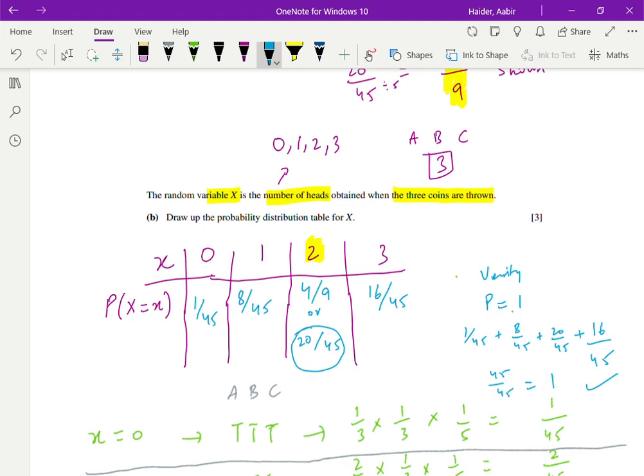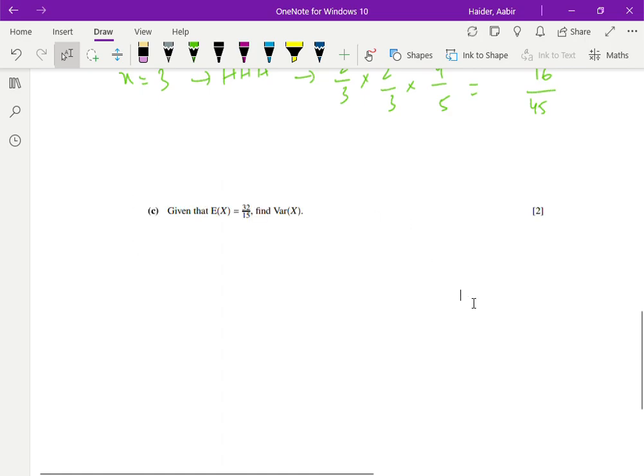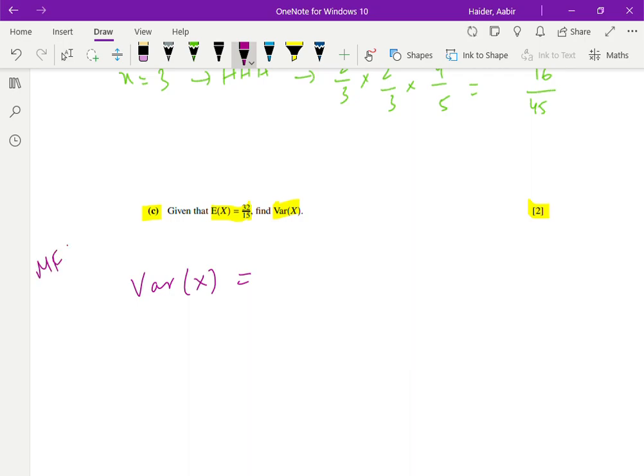Okay, and the last part for this question is asking you for a variance calculation. They have provided you with the expected value of x, and they are asking you to find the variance, and 2 marks for finding the variance in part C. Okay, expected value is already provided to you, no need to calculate that. Remember the formula for variance that we are going to use. It is also provided in your MF19 formula sheet,